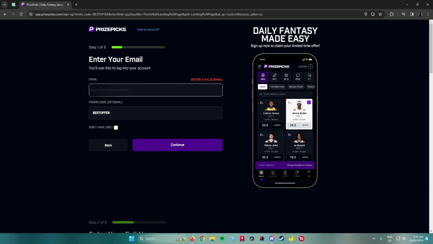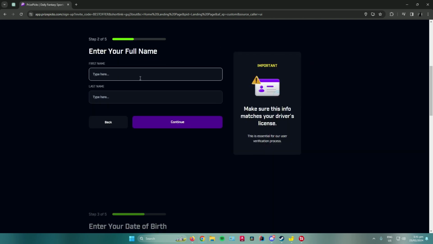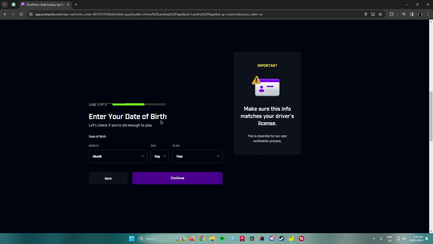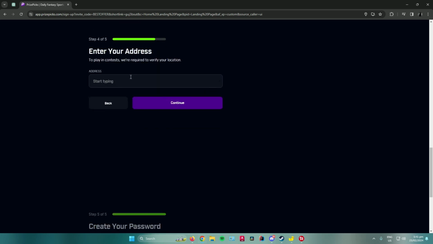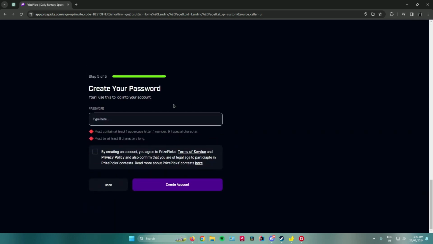And then type in your email. Once you're done, click on continue and then enter your full name. Once you're done, click on continue and then enter your date of birth. Once you're done, click on continue, enter your address, and then once you're done, click on continue, and then lastly,